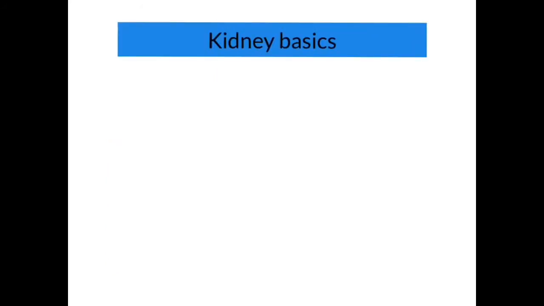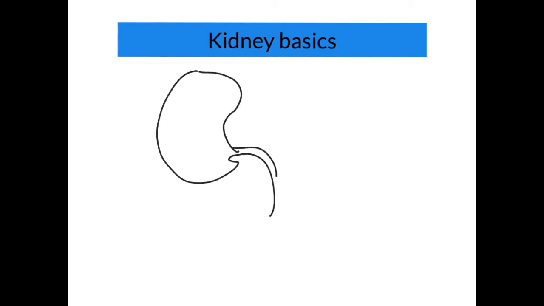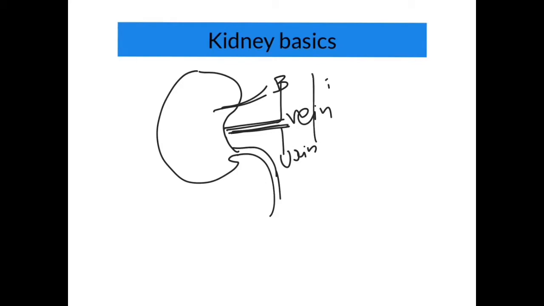So coming to the basics of the kidney, basically there are two kidneys in our body, and each kidney has one outlet and also has the inlet. The inlet is coming from the blood and the outlet is in the form of urine and also in the form of the vein. So remember that the vein coming from the kidneys directly goes to the inferior vena cava, first thing. Second thing, blood is coming in the kidney and is getting filtered.